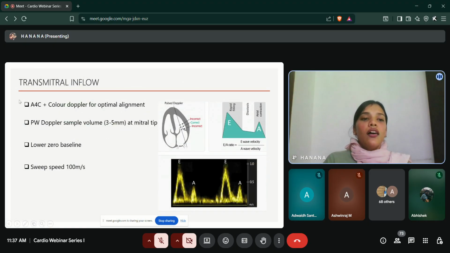So we should take a typical four chamber view, and we can use color Doppler. It is not mandatory, but for optimal alignment you can use color Doppler so that we can see the correct flow through the mitral valve. And you should place a cursor, which should be a pulse wave Doppler. We can use a continuous wave Doppler, but for much more accuracy, we should use a pulse wave Doppler. And the pulse wave Doppler is placed in